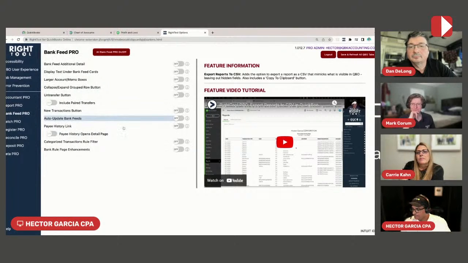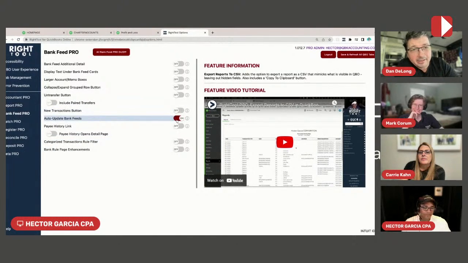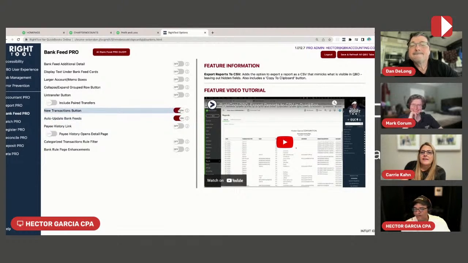Bank Feed Pro, oh my god, there's so many things to show here. But I want to show you a couple of the big ones. Number one, you can come back next week if you want. So we have auto update bank feeds. Basically, every time you log into QBO, it runs the update for you. So it saves you that click. I know it's just a click, but hey, if it saves you 1 second, it qualifies as a right tool thing. Then we have the new transactions button, which is really interesting too. Then we have